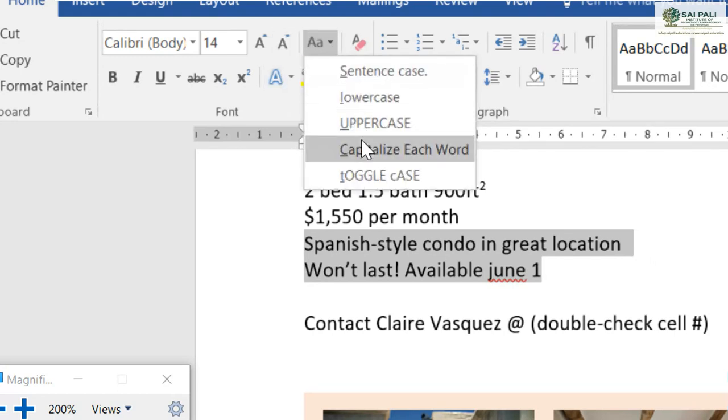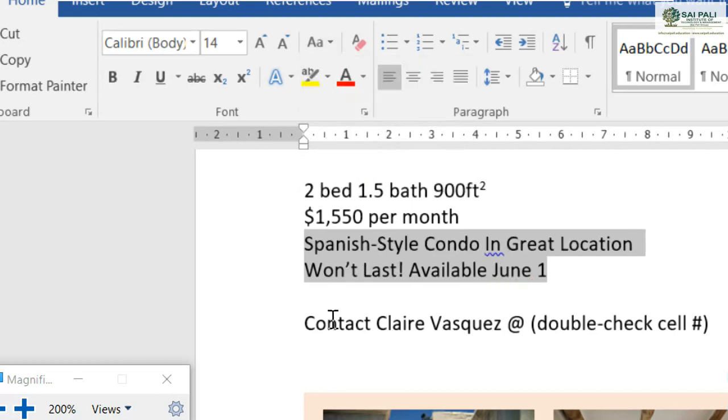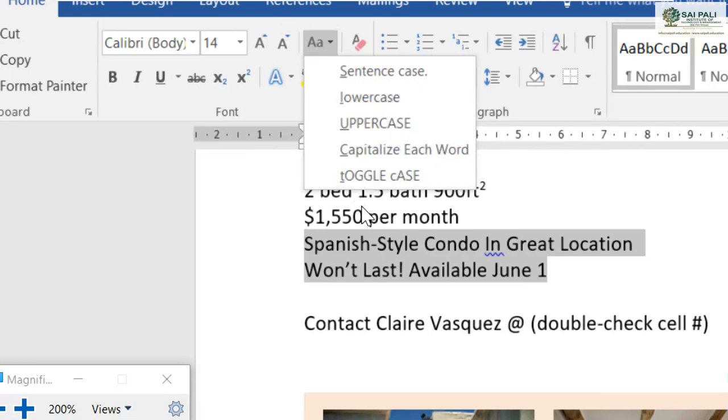Or you can make the first character of every word capital. Now you can see the first character of every word is capitalized, or becomes uppercase. And one more thing you can do here is toggle. Now toggle means what? It is the reverse of this. This option says capitalize each word. That means first letter capital for each word, like this. You can see the sample here, C capital, E capital, W capital.